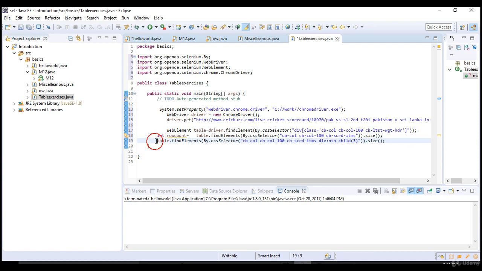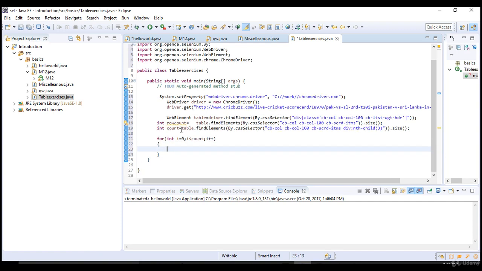So we need to iterate, right? Inside that, int column, I can say count, normal count. So I'll write simply a for loop, int i equals 0, so I start from 0 and traverse till the count value. If count is 9, the loop runs 9 times. Each and every time when you are looping, go and grab the value.